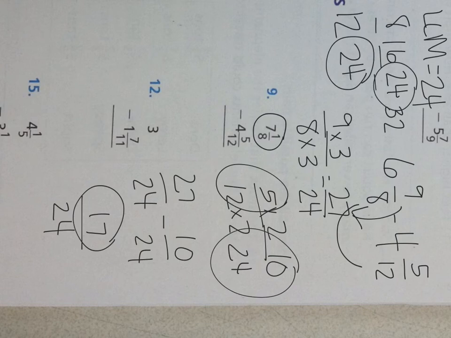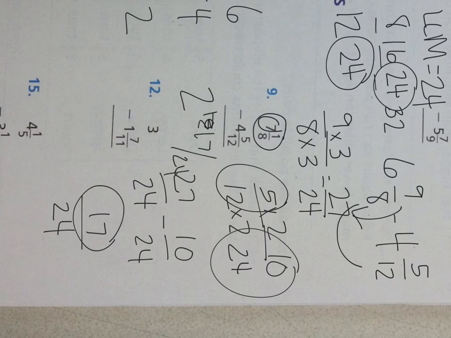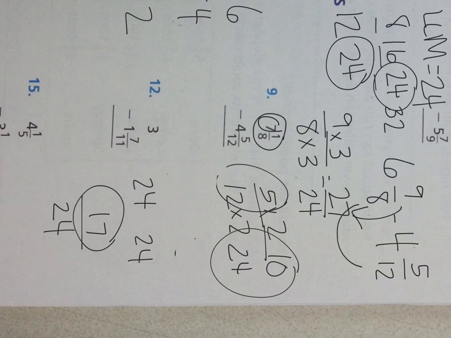So now I can finally subtract my whole numbers. So I have 6 minus 4, because remember we borrowed from our 7, so our 7 is now a 6, and that would be 2. So I need to put it all together. So my answer would be 2 and 17/24. That's super messy, so I'm going to rewrite that so you can see it, and it will be a little bit better. So we have our final fraction, which we said was 17/24, and we have our whole number, which is 2. So 2 and